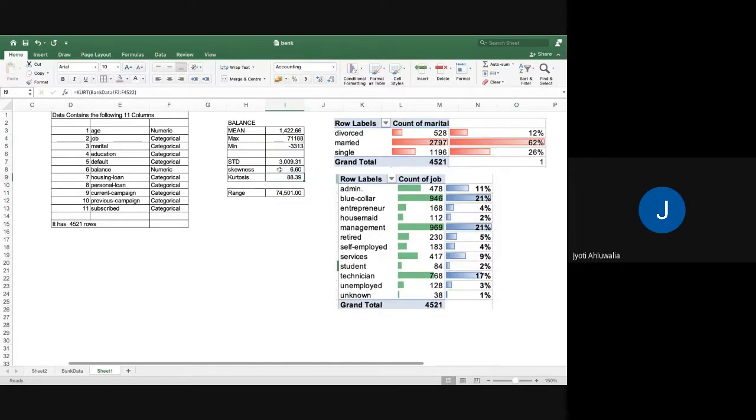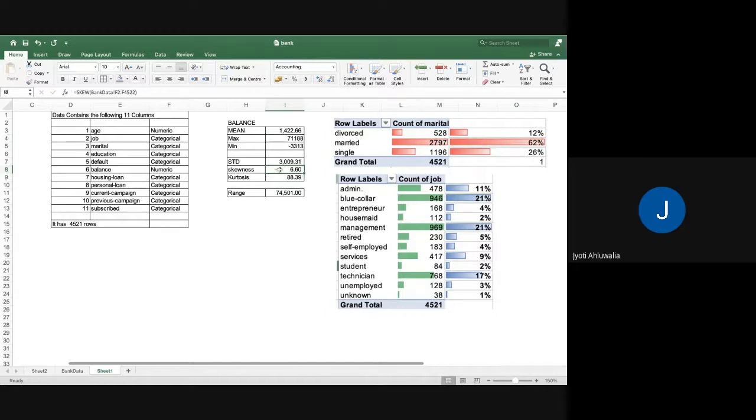Skewness tells me how asymmetrical or how symmetrical my data is compared to a normal distribution, right? It is skewed. A normal distribution has skewness of 0, but this data set has a positive skewness of 6.6. That means it is right skewed. That means there are a lot of people maintaining low balances in their account compared to people maintaining high balances. Okay, I will also come to know that through the distribution when I make a distribution.